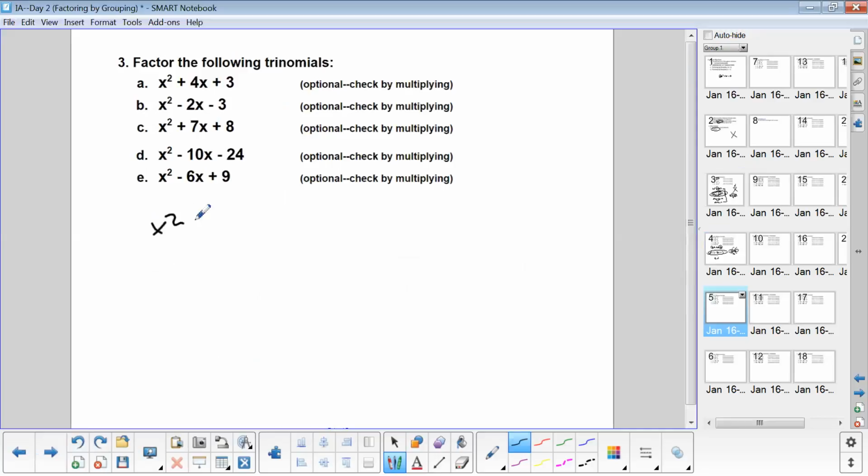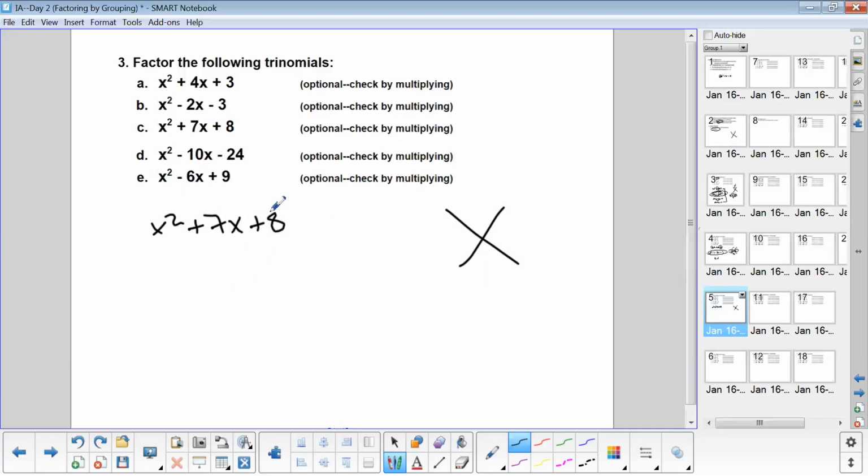Next, I've got x squared plus 7x plus 8. And like I said in the previous video, a lot of times when we're working with these, it's a good time to maybe hit the pause button. Just every time we write one down, give you a chance to work it, then you can check your work. That's a nice thing with videos, is you can pause, work,